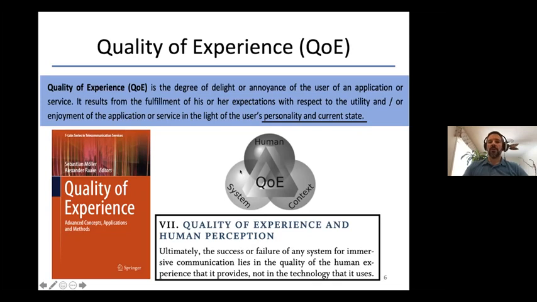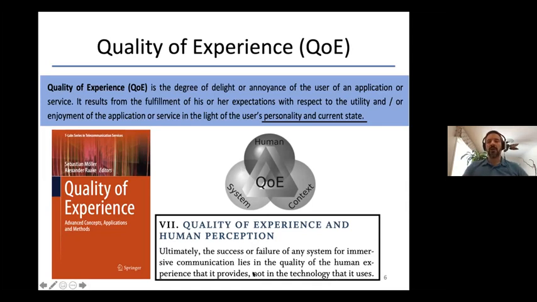So what's being shown is that a person's experience not only relies on the system that's being used. So here we're talking about big screen TV versus a small smartphone, context, free service versus a premium paid service, but also on the human. So it's a triad. It relies on these three different parameters.